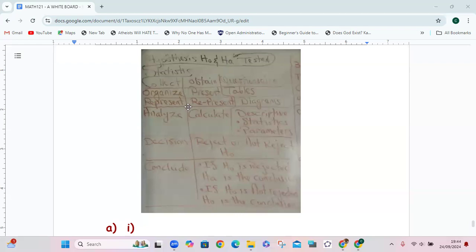So then you've got to continue with some numerical analysis, which is the calculation of descriptive measures called statistics or parameters. These are numbers to describe the data set. And this should be sufficient now to make a decision either to reject or not to reject the null hypothesis,